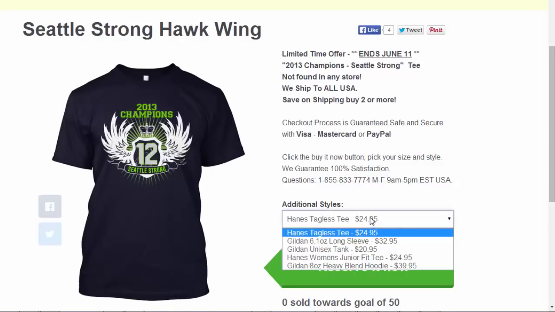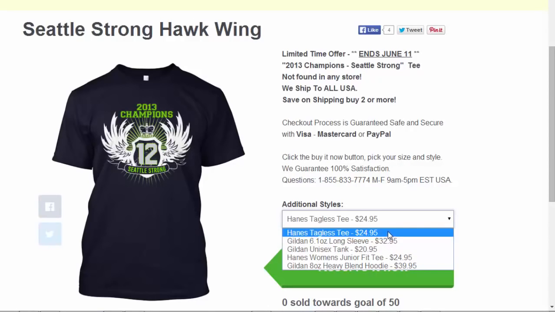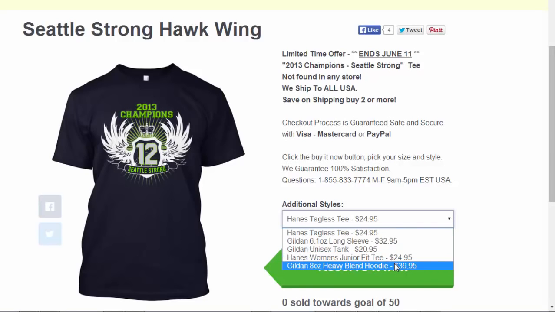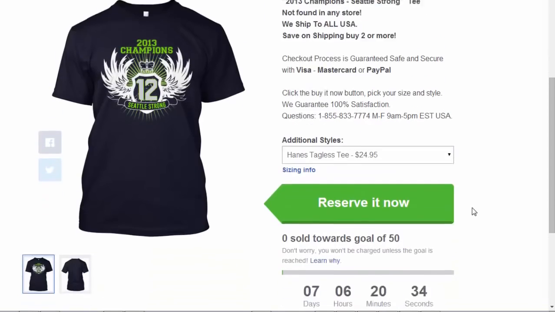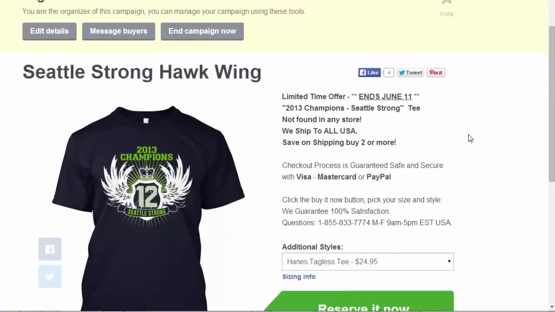You notice I am charging some premium fees, $24 for the shirt. It's an original design. It's art. And so we're actually charging a little bit higher prices. We normally don't charge $24.95 for shirts in the United States. It's usually $19.95. But in this case, we went a little bit higher, and we're going to see how it goes. Normally, you can sell hoodies in the United States for $39.95. So all I got to do is click reserve it now, and we're going for $50. We've got 7 days. If you're a Seattle Seahawks fan, go get